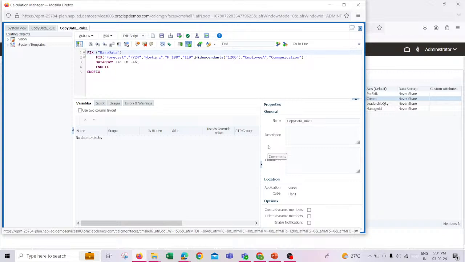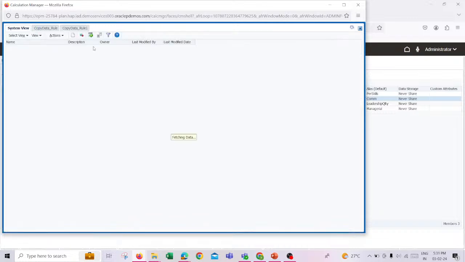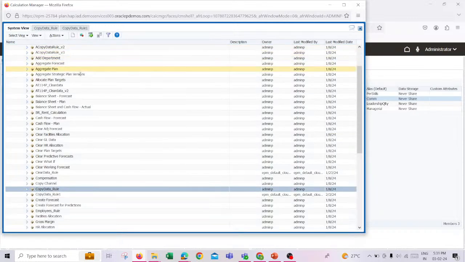Now I have to add one more business rule, which is my inflation of 10% that I need to add in my forecasting. So instead of doing that separately, I will just add the inflation 10% in this business rule itself. I will tell you how I created my other business rule for adding 10% inflation, and we will add that business rule into this business rule. So my inflation business rule over here is